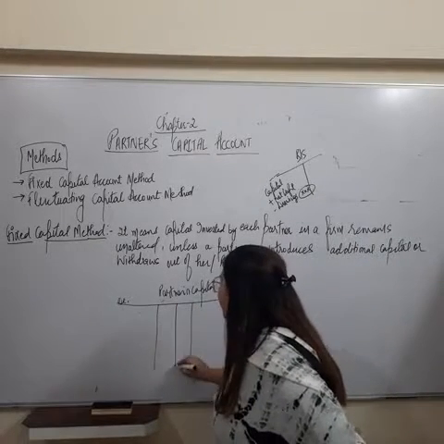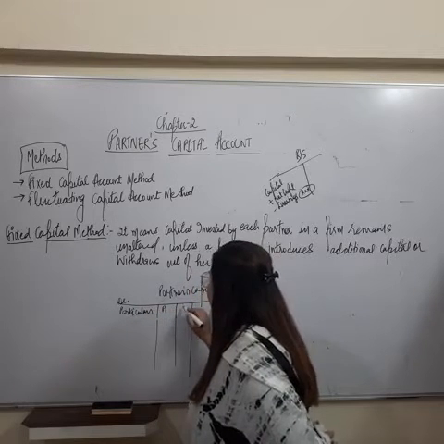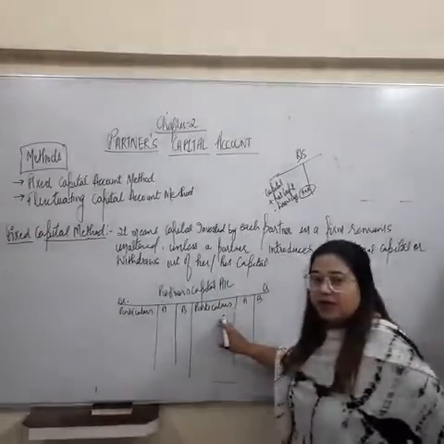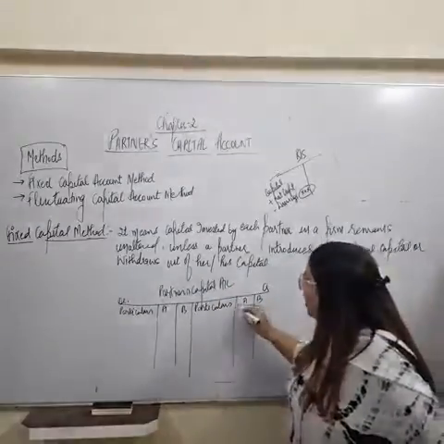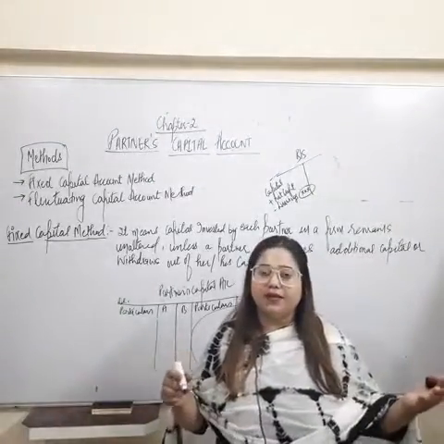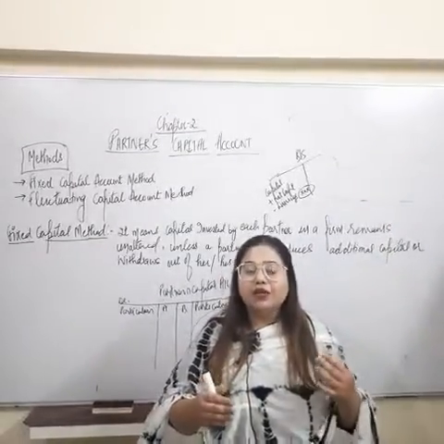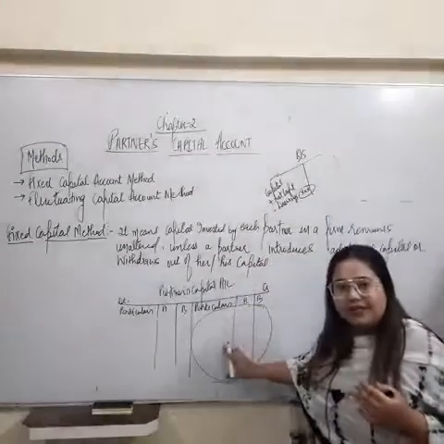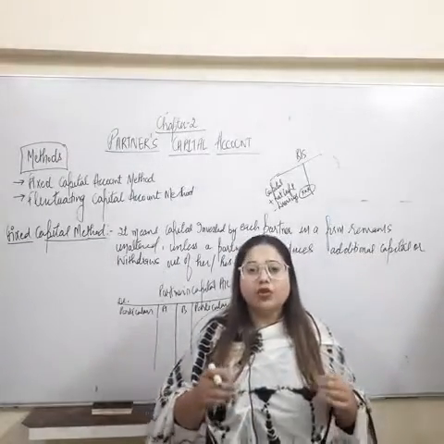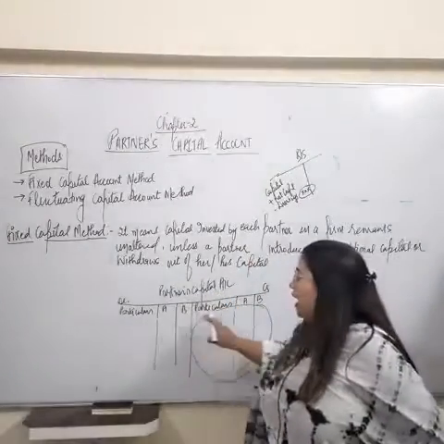So the format is particulars A, B, again particulars A and B. This is the format. Now what we have to do, we just have to record all the transactions or all the amounts which we have to give to the partners. In other words, those amounts which will increase their capital balance will be recorded on the credit side of partners capital, and the amounts which will decrease the amount of capital, those will be recorded on the debit side. So this is the actual partners capital we have to follow.